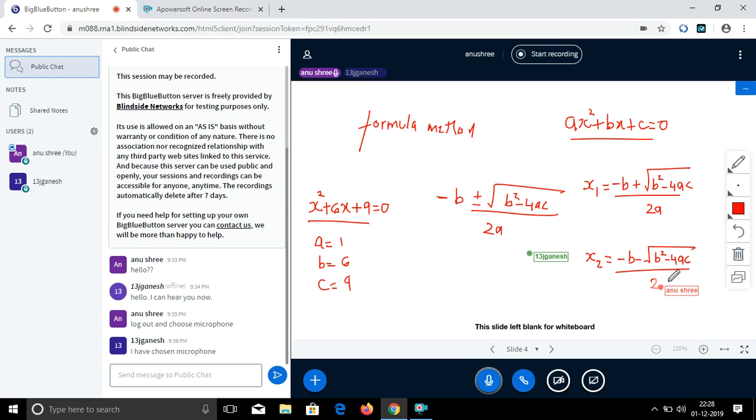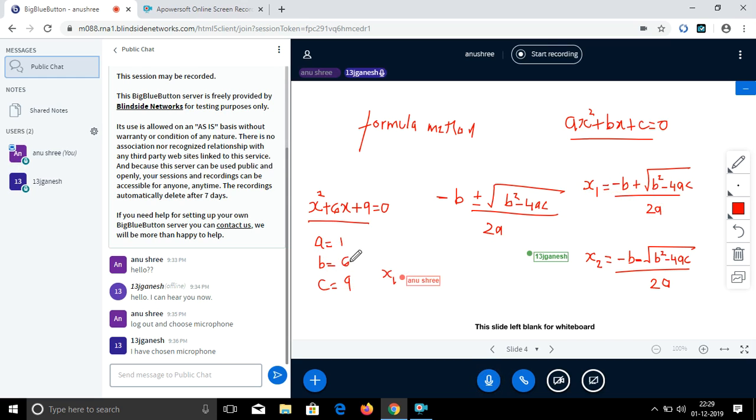So there's a formula, for x1 and for x2. It's the same. The only difference is for x1 it's positive here, and for x2 it's negative here. That's the only difference between these two formulas. So once you have calculated a, b, and c, put the values here. So for x1,